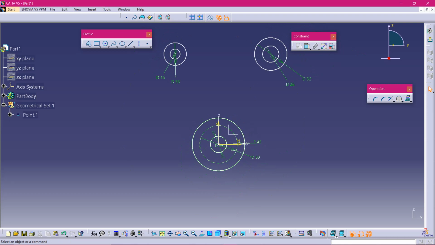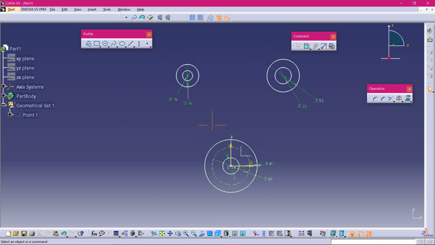Remember, to completely constrain a circle, the minimum number of dimensions you have to give is 3. This is the question they will be asking in interviews. So you have to remember all the tools. That's the main thing you have to remember when you attend an interview in design. And one more thing, I will tell this at the end of the video. It's a very interesting and very notable point. Okay, you have to watch the video till then to get this.